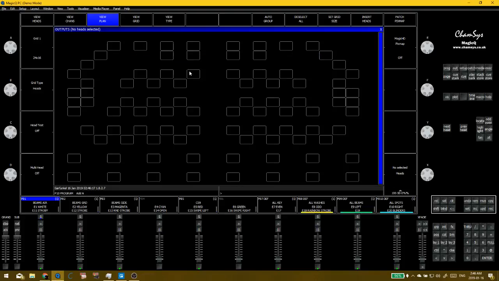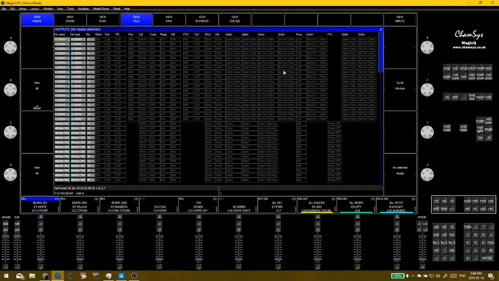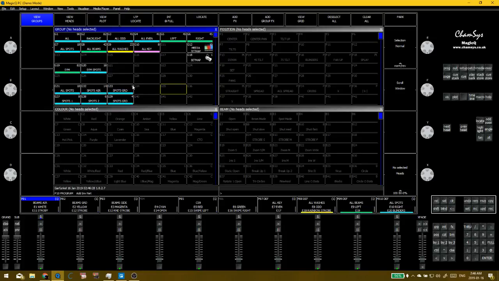It's good for creating effects, and it's also amazing for troubleshooting. If for some reason the board's not outputting DMX or something like that, it's really useful for that, just so you can check off things as you're troubleshooting. And